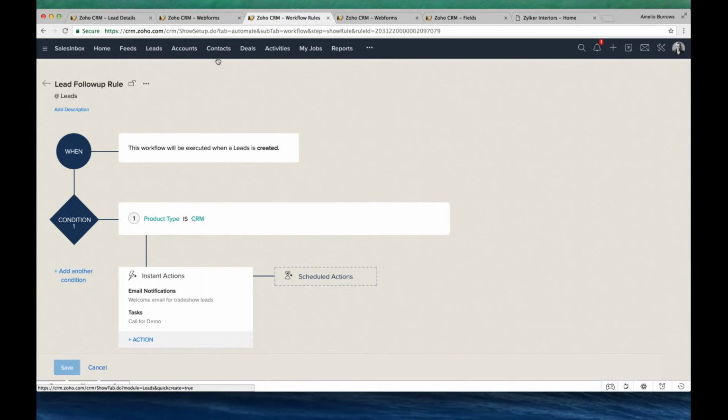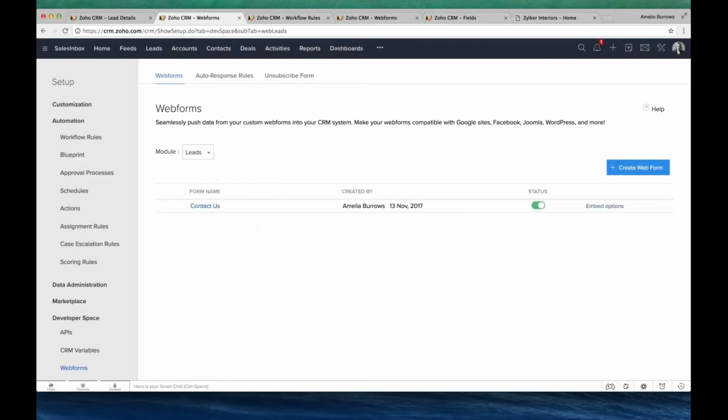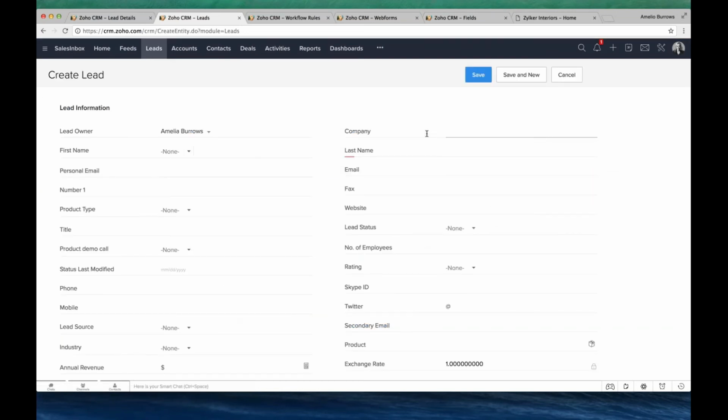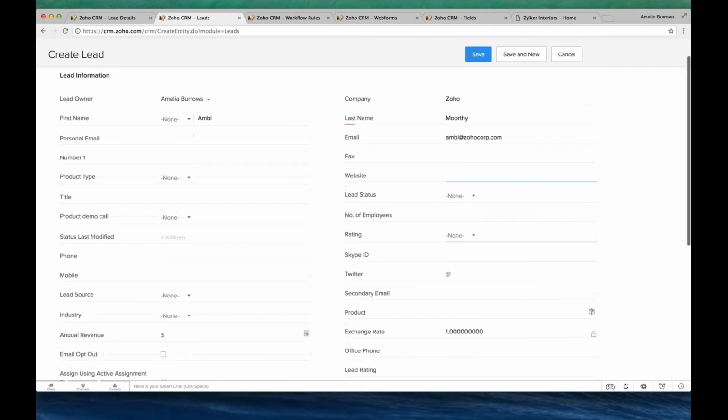So let's create a lead. Now, the important part is this record has to go to that particular workflow.